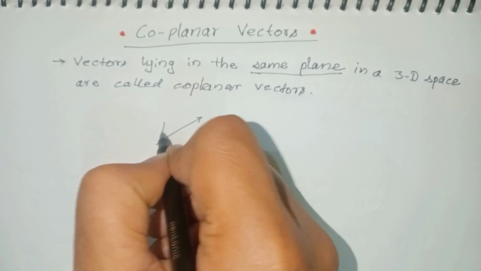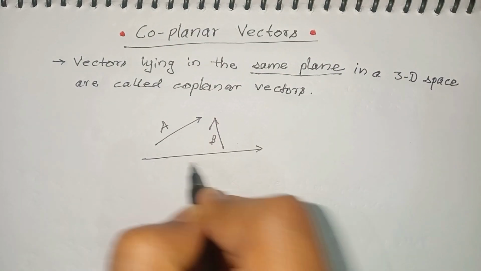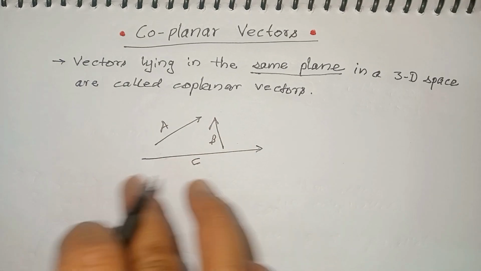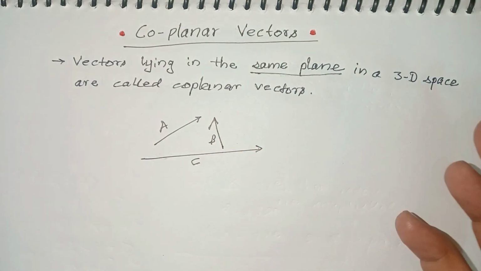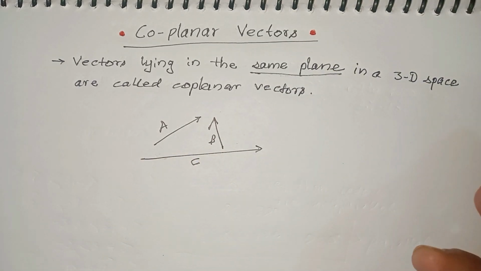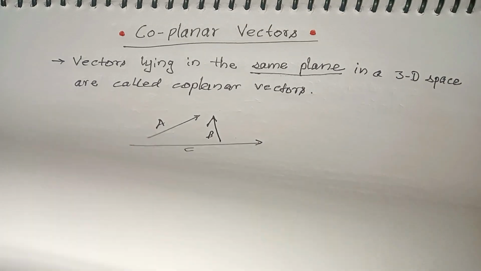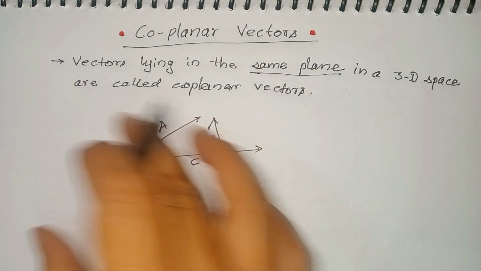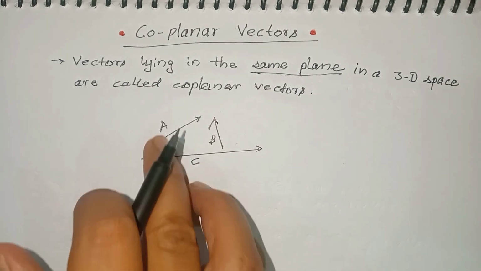Suppose this is vector A, this is vector B, and let it be any vector C. These are three vectors lying in the same plane. And what is the plane? In which plane are these three vectors A, B, C lying? The plane is this paper. This paper is the plane, and on this plane all three vectors are